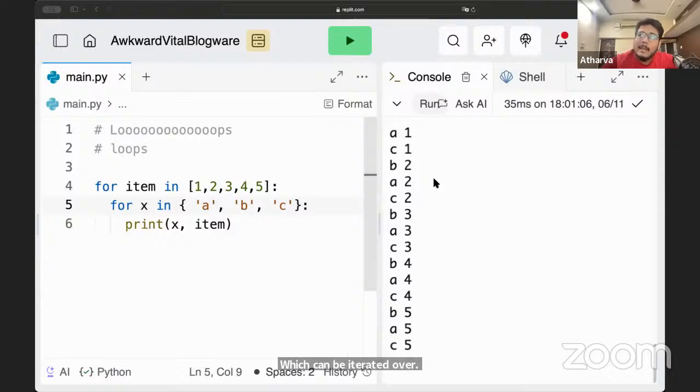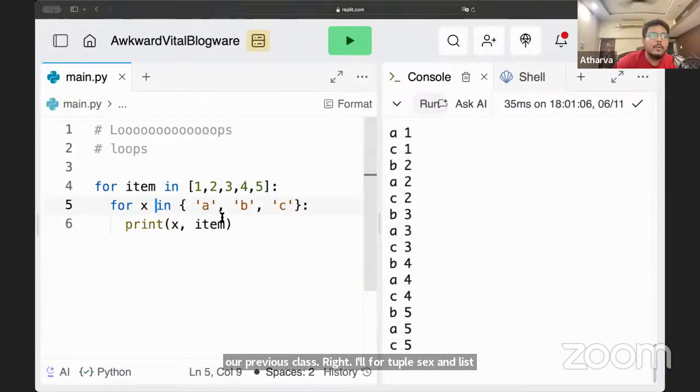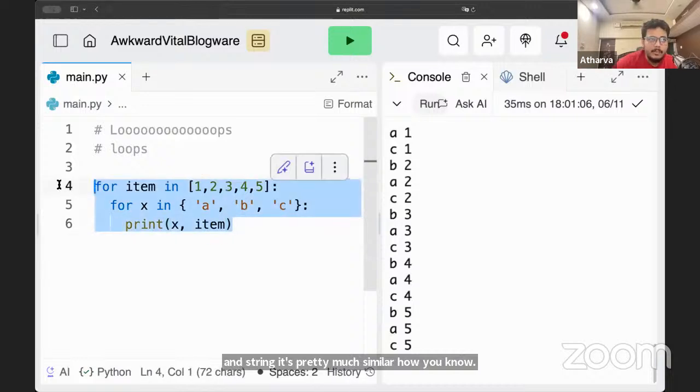For example, list, dictionary, set, tuple, string. We have already read about all these data structures in our previous class, right? For tuple, sets, list and string, it's pretty much similar how you do it. But for dictionary, it's a bit different.